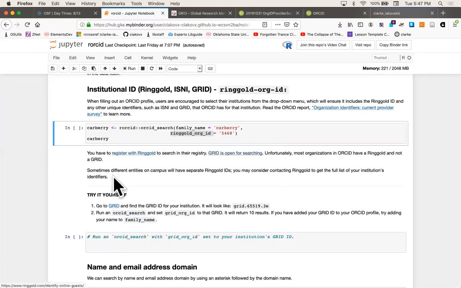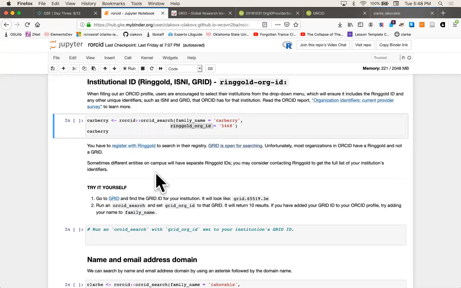And also it's important to note that sometimes different entities on campus will have separate Ringgold IDs. So there could be a research lab that has its own Ringgold, not to mention the various system schools if you're part of a university system. So if you're really going to go forward with this, you might want to take the extra step of trying to get a comprehensive list of your institution's